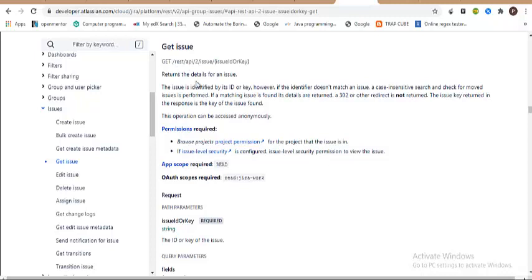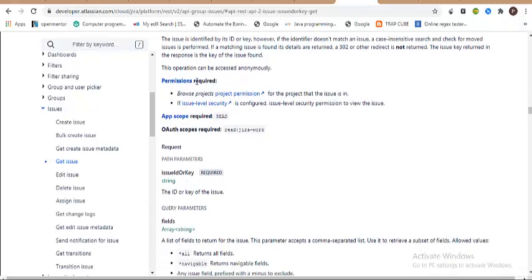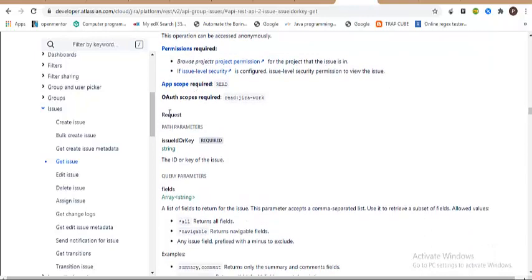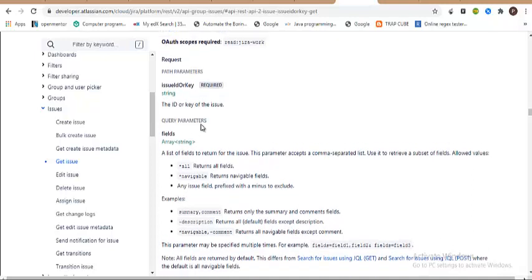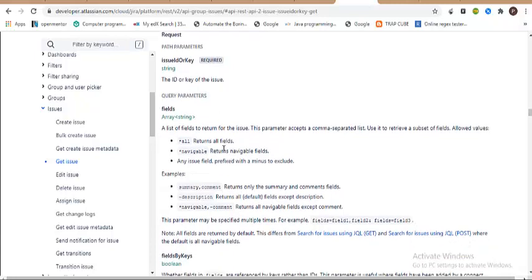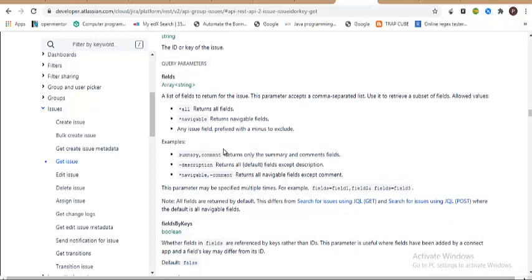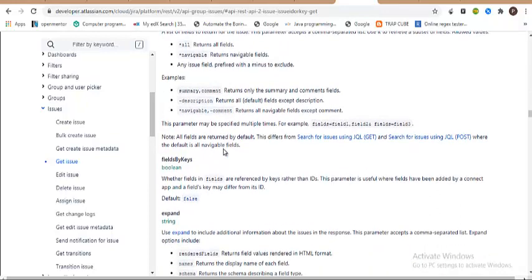They're suggesting it is a get call, and if you come down, you can understand this request, like what path parameters are required. They're telling us the issue ID or key is required, and it is of string type. You will not have a body message, because as long as you are doing a get call, it is just about querying for something. You are asking for something to be displayed from the database, so you are only interested in the response. You need not provide any request.